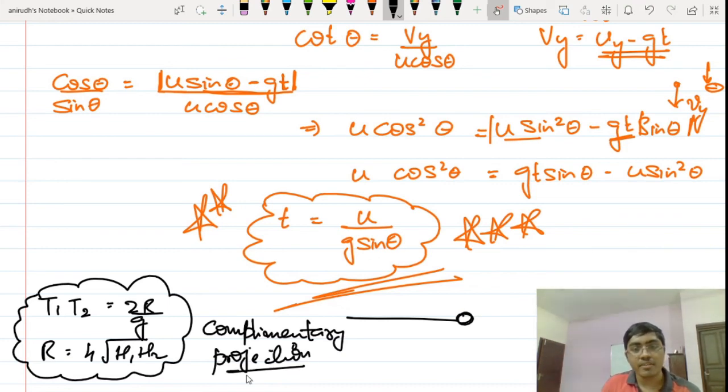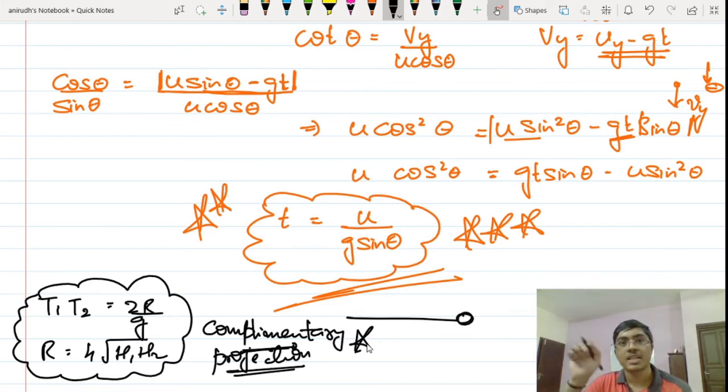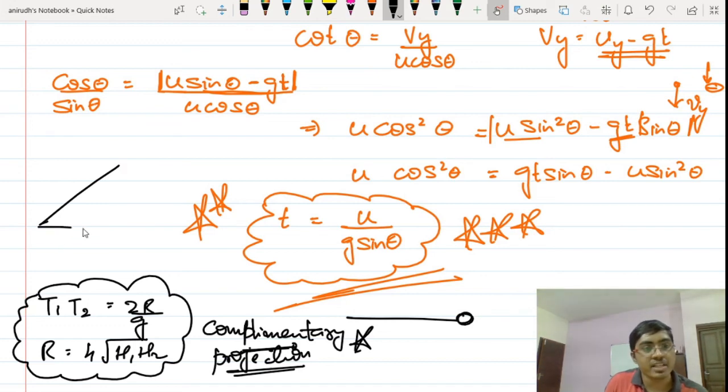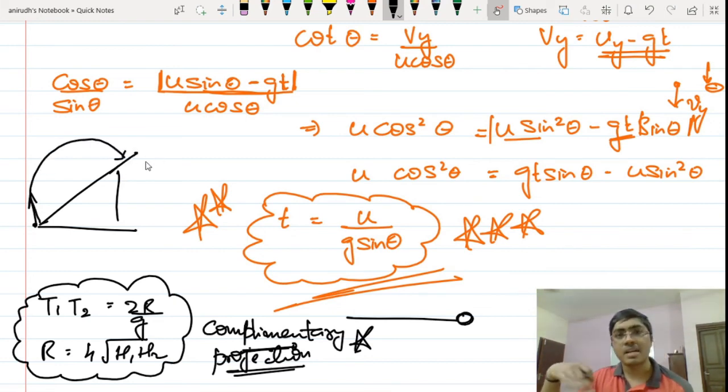We do have another thing called horizontal projection also. There are certain standard questions to be solved there also. So in a separate video we'll be discussing complementary projection once again, along with the concept of horizontal projection. Now projection along an inclined plane, like you have an inclined plane like this and you are projecting the projectile from here in this direction, so it goes all the way and hits this area. This kind of question is of a much higher level, not expected for the NEET exam. So if you are preparing for the NEET exam, no need to go for inclined projection. Restrict yourself to horizontal projection.